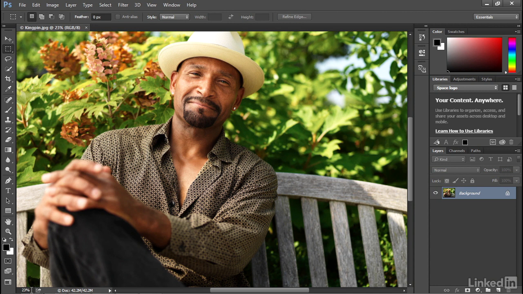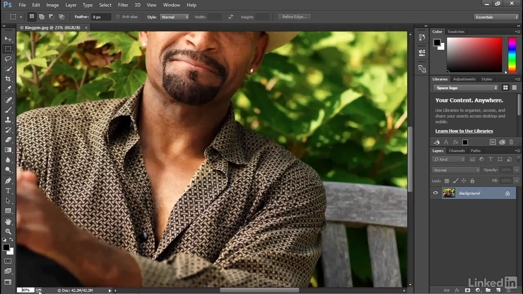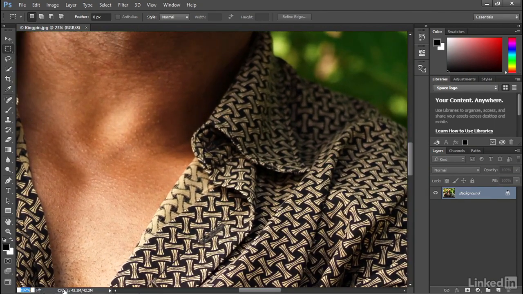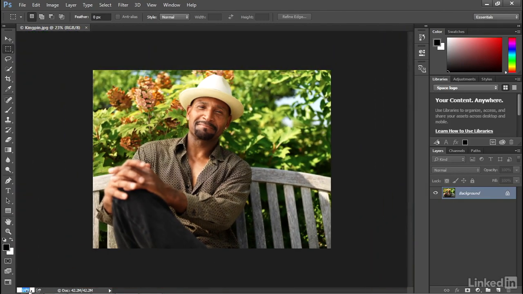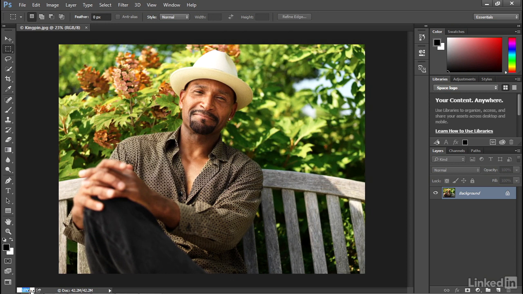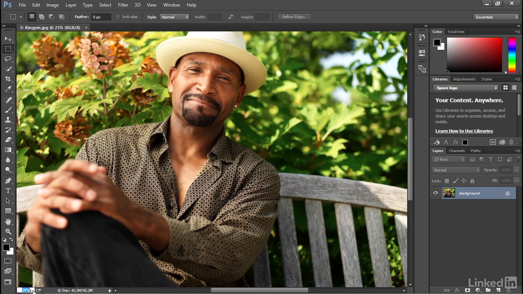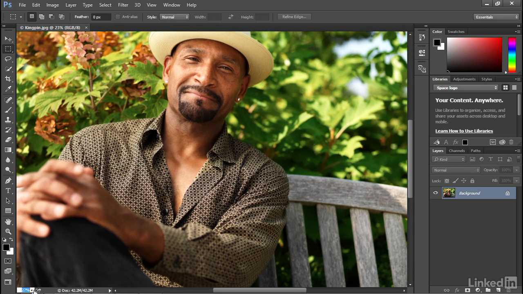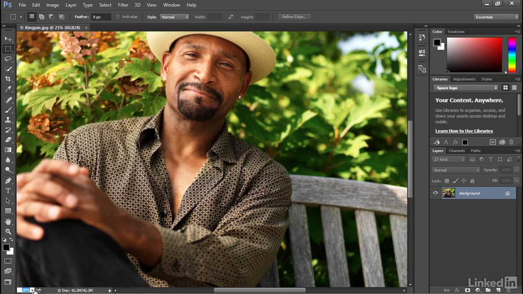And what you do is you hover your cursor over this value in the lower left corner of the window, and then you press and hold the Control key or the Command key on the Mac, and you get this little scrubby cursor, at which point you can drag to the right in order to zoom in and preview the effect on the fly like so, or you can scrub to the left to zoom out and preview the effect as well. And the great thing about this trick, why I like it so much, is because it is so precise. You get 1% for every screen pixel that you drag. So you can see that I'm moving now from 25% to 26% to 27% and so forth,